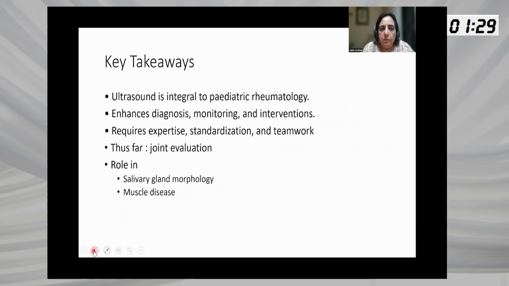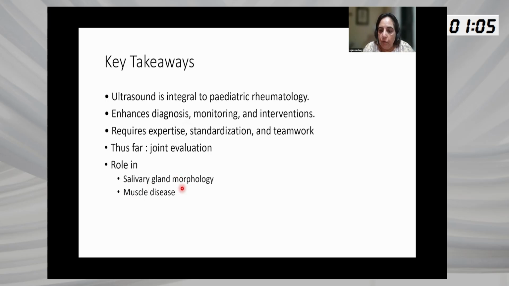So, ladies and gentlemen, I hope I've been able to convince you that ultrasound is integral to pediatric rheumatology. It enhances diagnosis, monitoring, and intervention, but of course, it requires a tremendous amount of hard work, expertise, standardization, and teamwork. Thus far, it's used for joint evaluation, but there are exciting new developments coming up to look, for example,